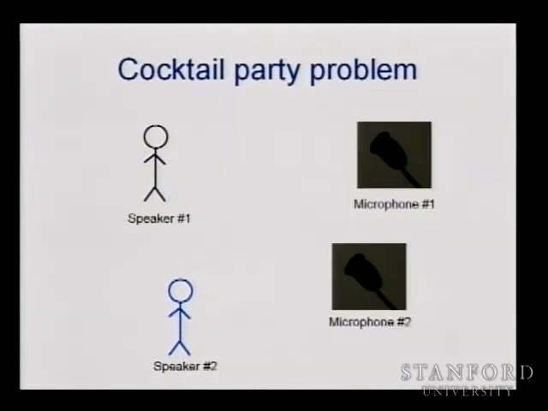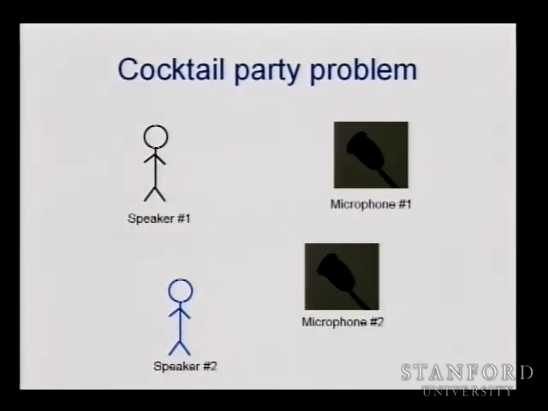So the problem is, if there are all of these people talking, can you separate out the voice of just the person you're interested in talking to, with all this loud background noise? I should show you a specific example in a second. But here's a cocktail party that's rather sparsely attended by just 2 people. But what we're going to do is put 2 microphones in the room, okay?